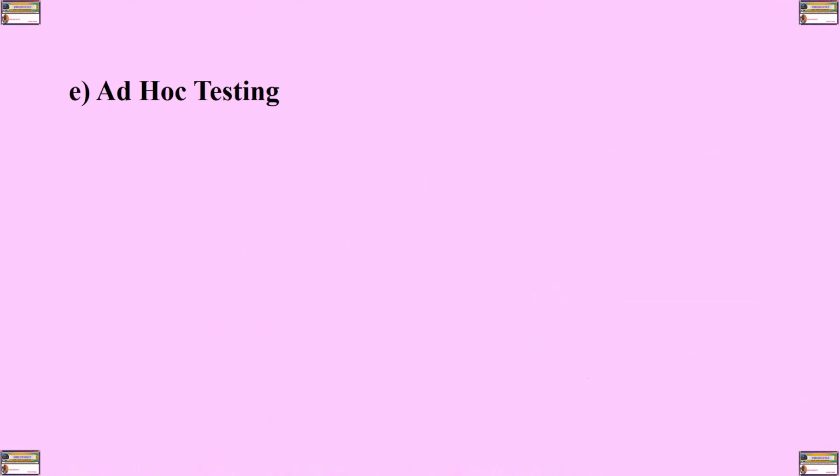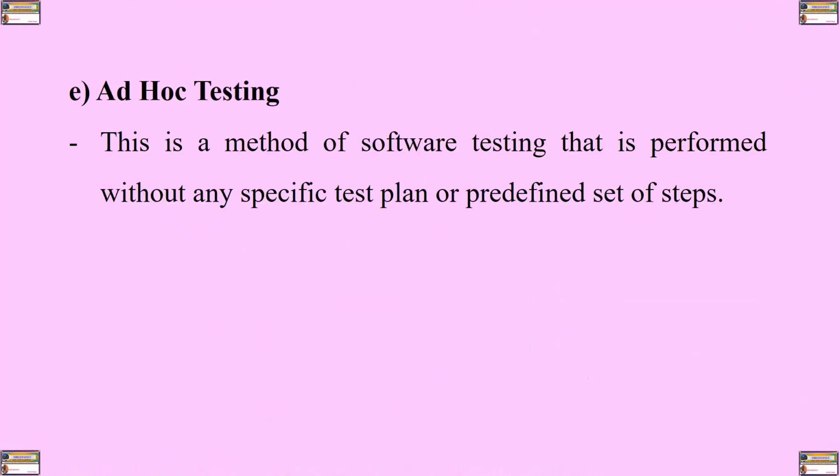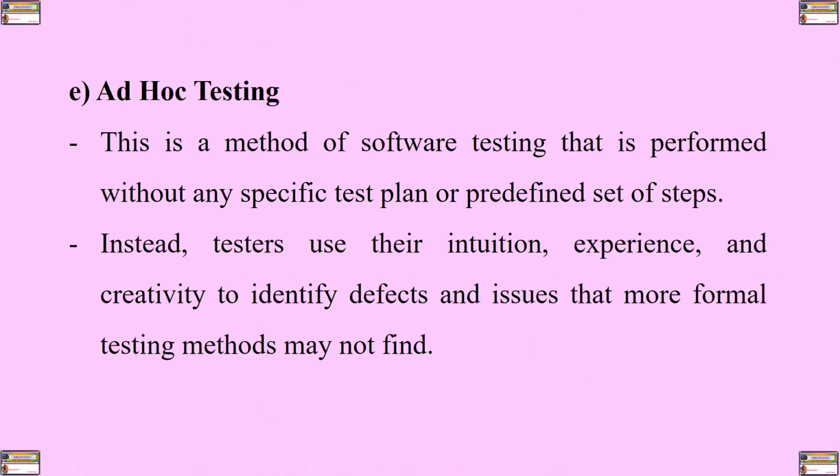The other type is called ad hoc testing. This is the testing of software that is performed without any specific test plan or predefined set of steps. Instead, testers use their intuition, experience, and creativity to identify defects and issues that more formal testing methods may not find. Some of its advantages